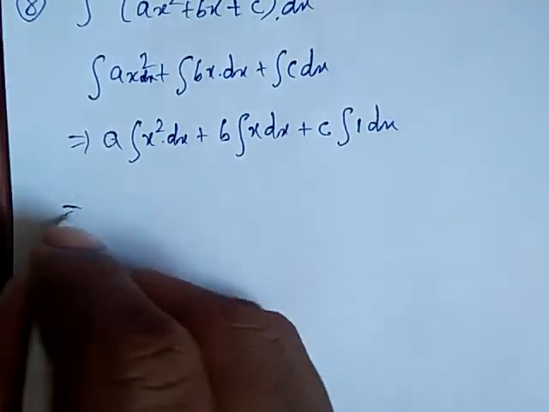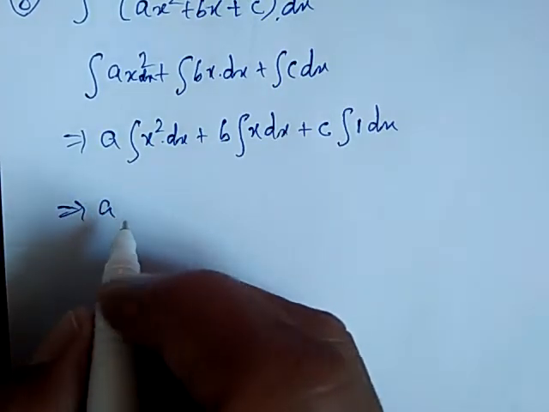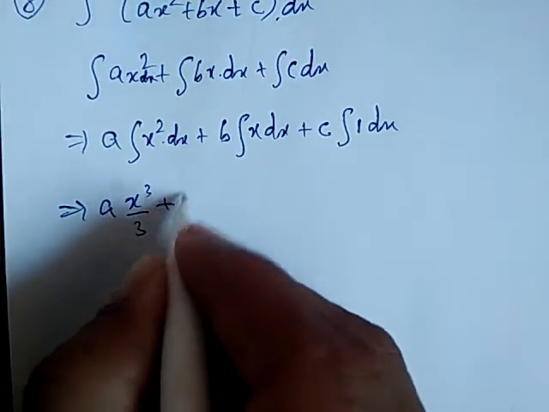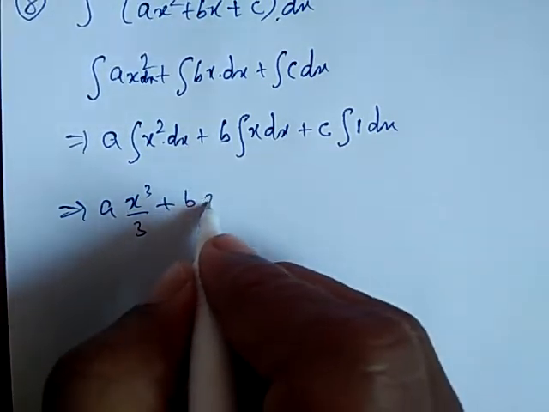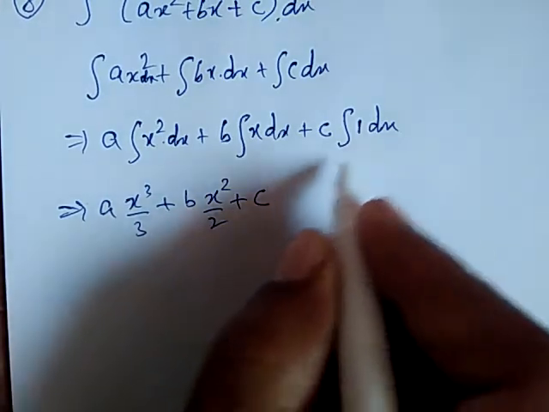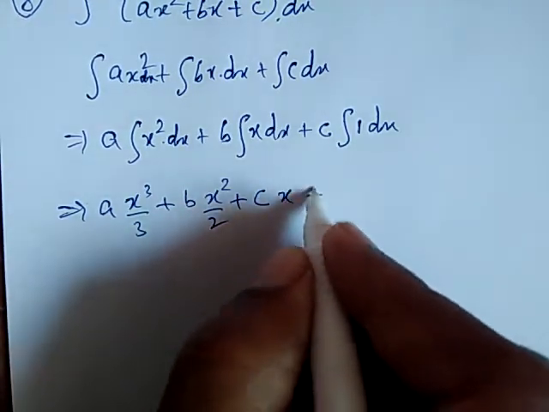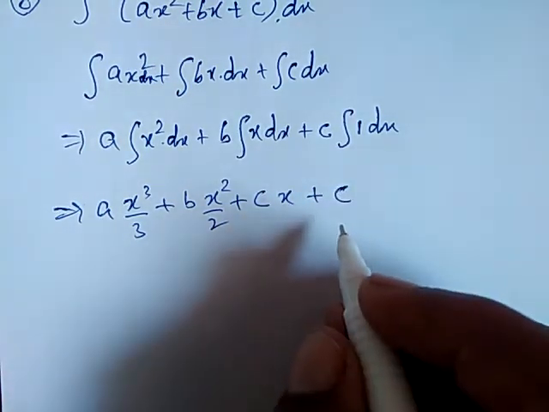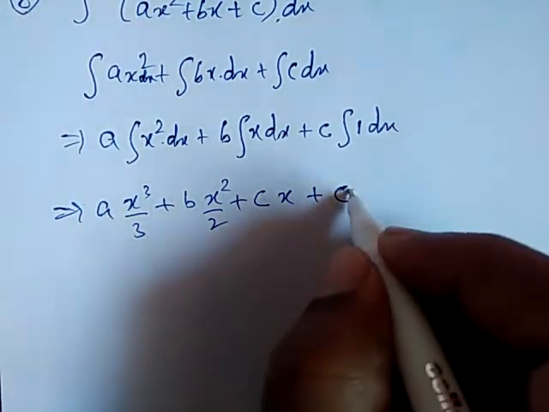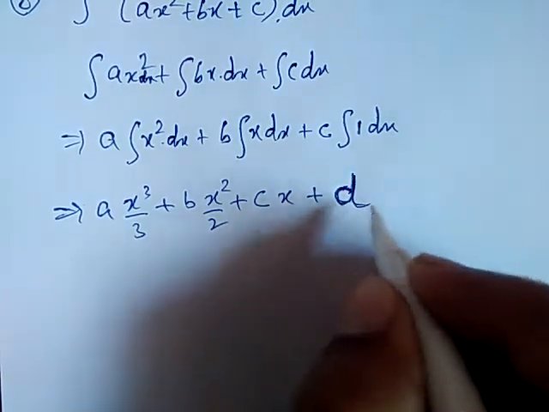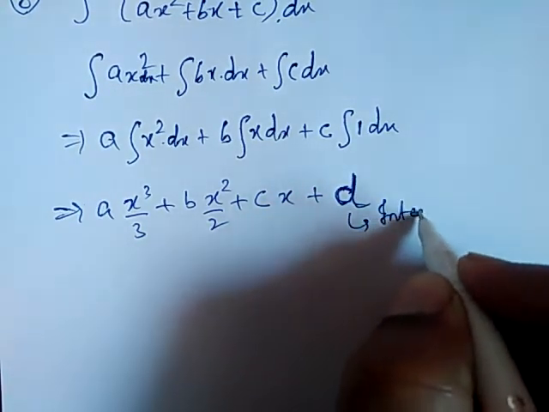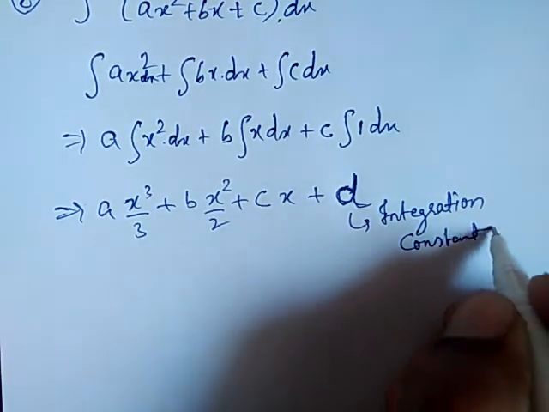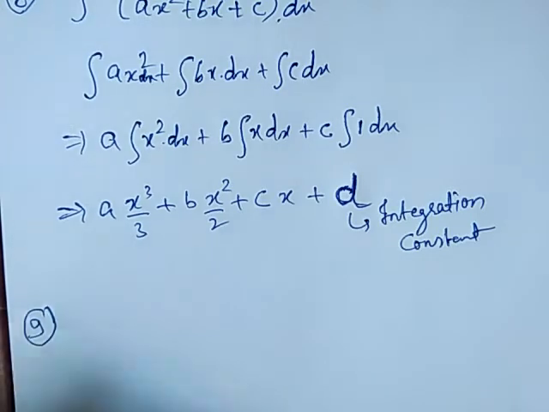Okay, so now a will be as it is, x square. Tell me fast, what is the integration of x square here? It will be x cube by 3, plus b as it is. What is the integration of x dx? x square divided by 2, plus c. What is the integration of 1? It is x plus some constant you can take. Instead of c you can take any other letter also, d also. Here a, b, c all are there, so you will take the integration constant as some constant. Okay, so next we will go for question number 9.